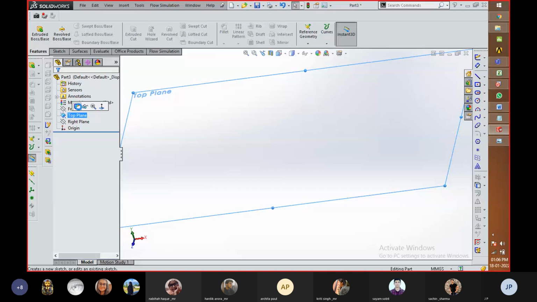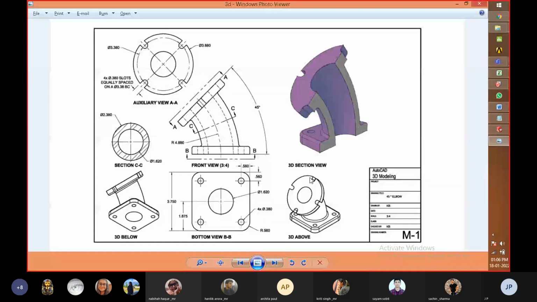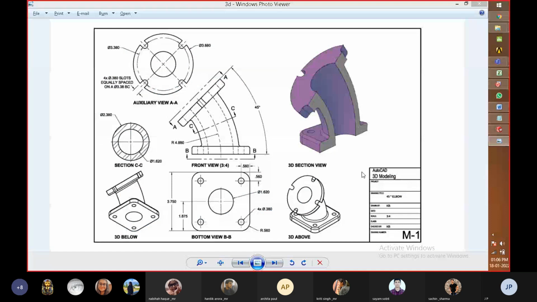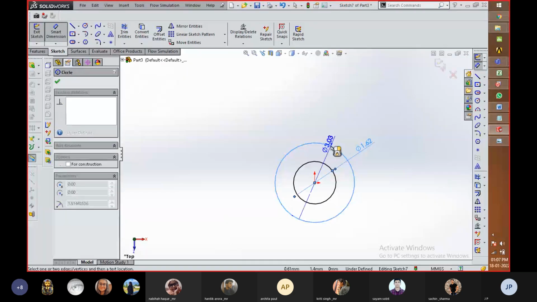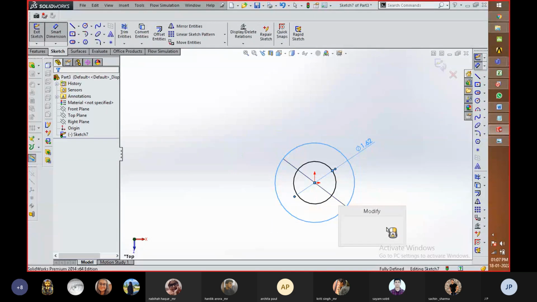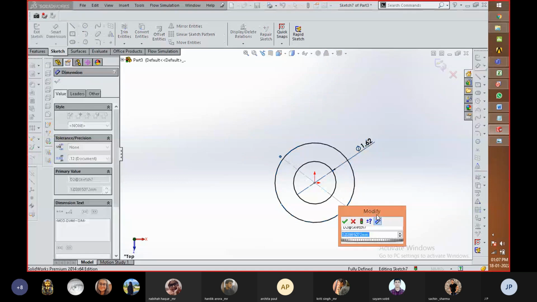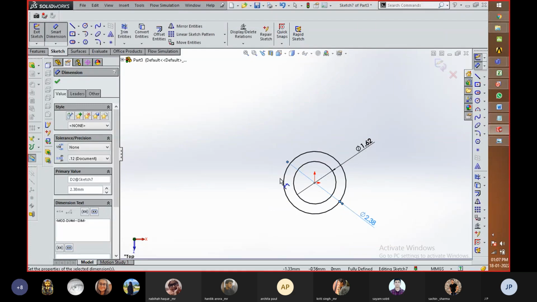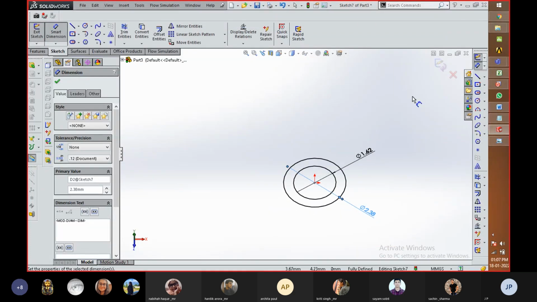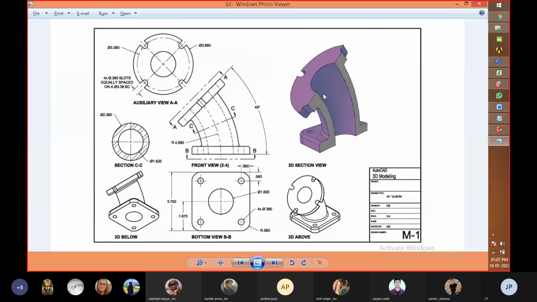Then press enter. The other one is 2.380, and then press OK. So we got this circle. Then we need to revolve this about an axis.